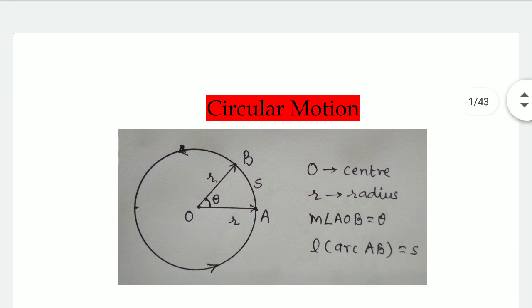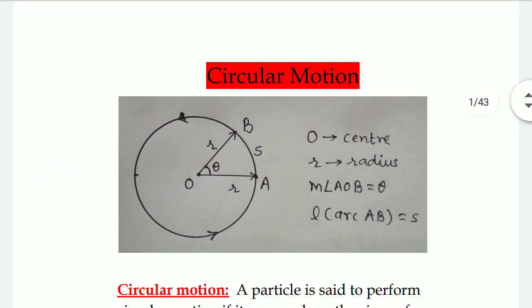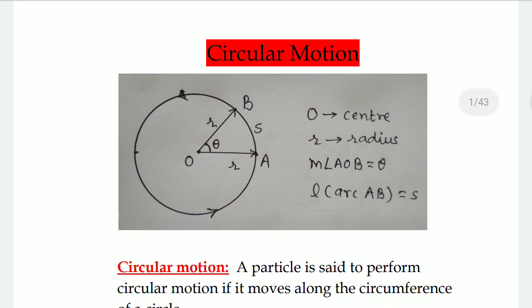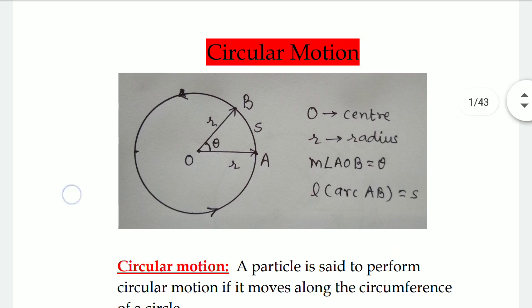When I say that a particle or an object is performing a rotational motion, what is happening is that each and every particle of that rigid body which is rotating is in fact performing a circular motion about an axis of rotation. So different particles may have different radii of the circular path, and the circular motion of all those particles will be with the same angular velocity.